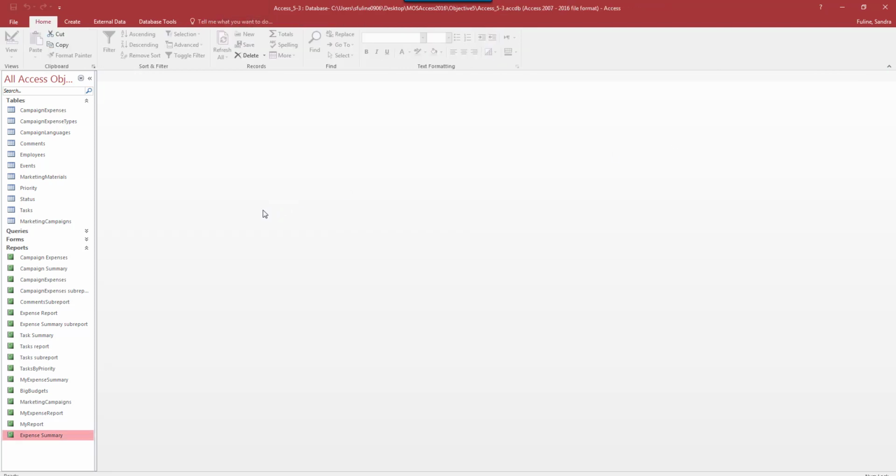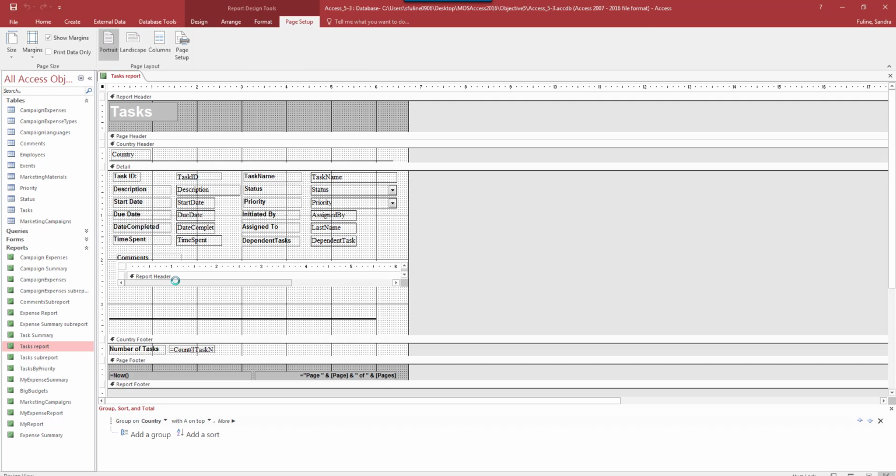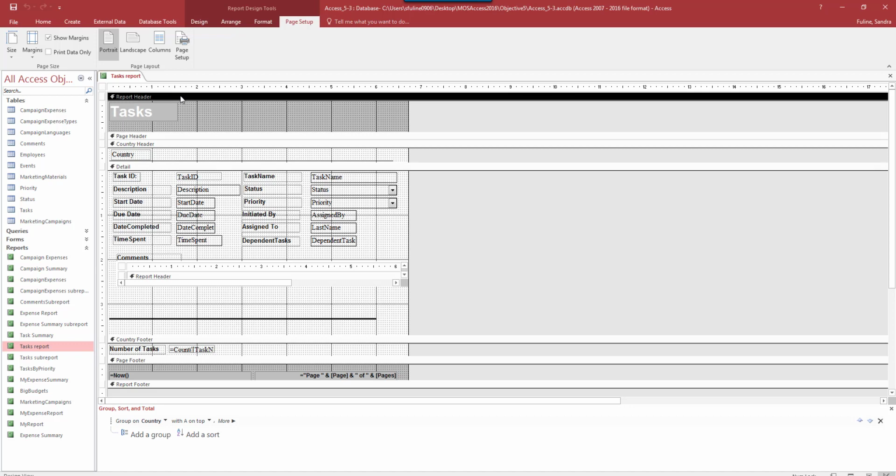Open the Task Report in Design View and do the following. So I'm going to right-click on Tasks Report, and then go to Design View. This says add a text box control. Add the date and time to the report's header. Use the formats DD, MMM, YY, and HHMM AM/PM. So I'm going to click on the header to make sure I'm selected on the header, and I'm going